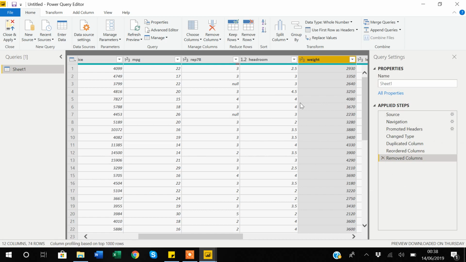So suppose I apply this step of removing the trunk column, but after that I realize that I want that variable. In order to get that variable back, I simply delete this step by clicking this cross button, and you will see the trunk variable has reappeared in my data